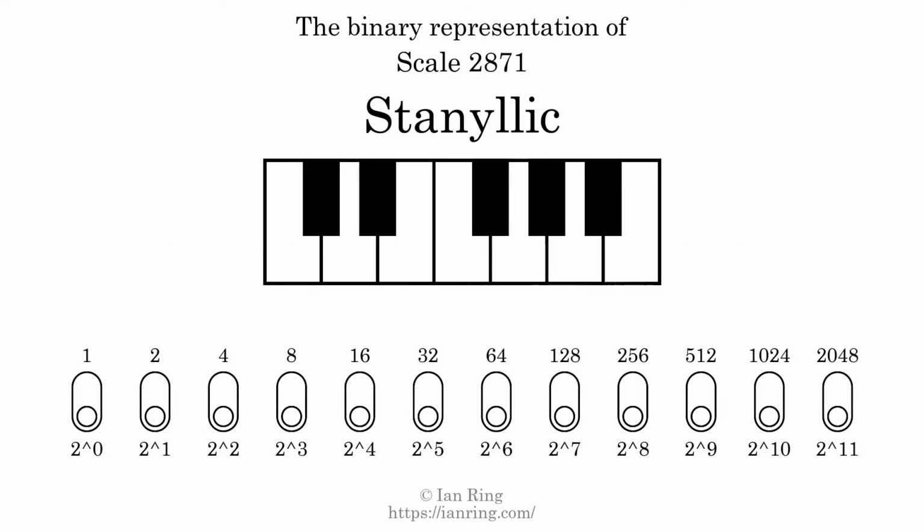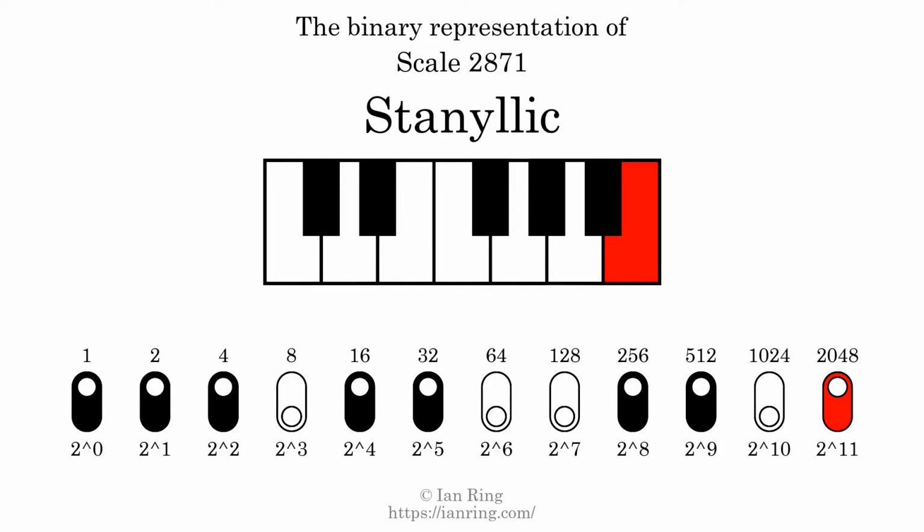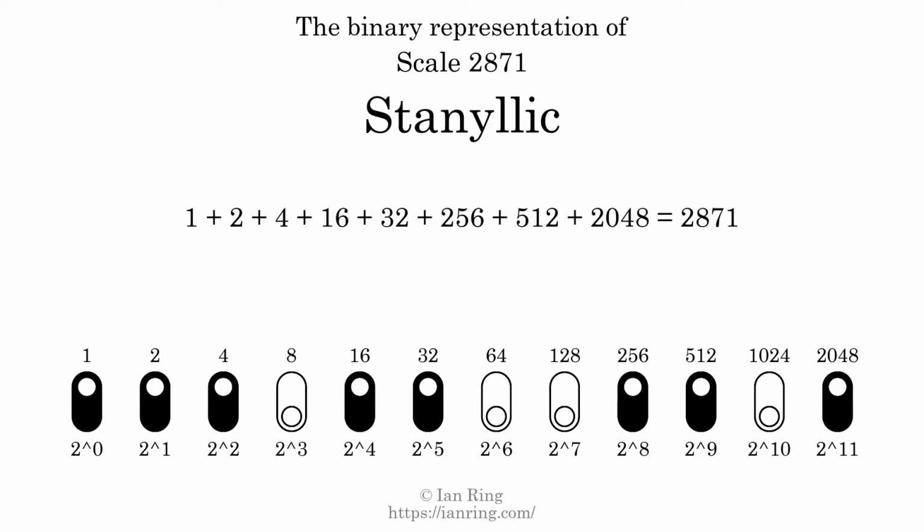The binary representation of this scale is determined by mapping tones of the scale to binary digits. Each binary digit represents a power of 2. To get the scale number, we add the powers of 2 together. The powers of 2 that are present in the scale, all added together, equals 2871. That is why the scale number, in decimal, is